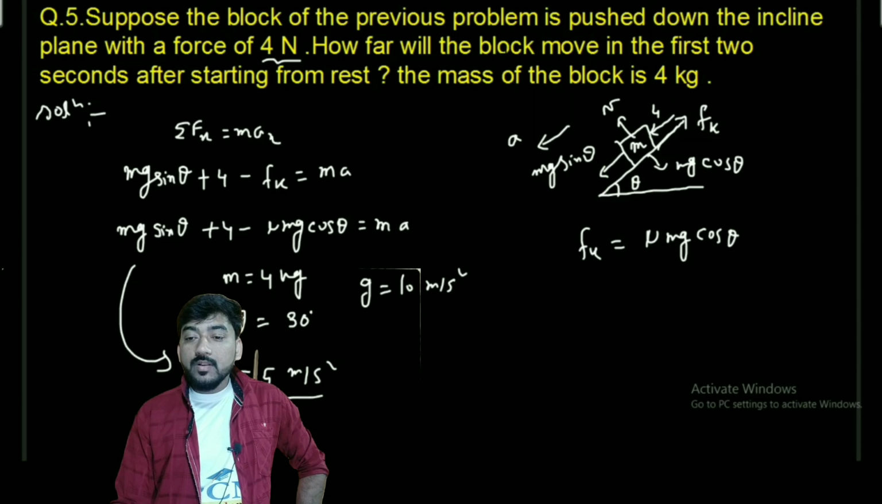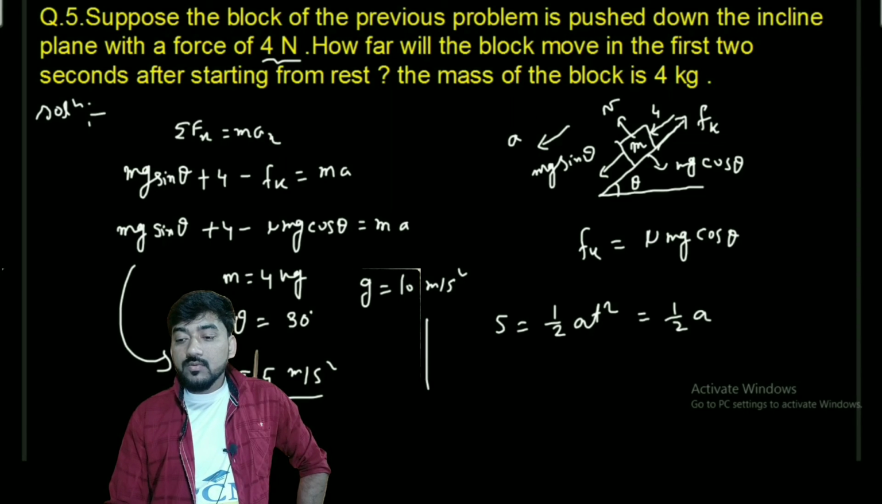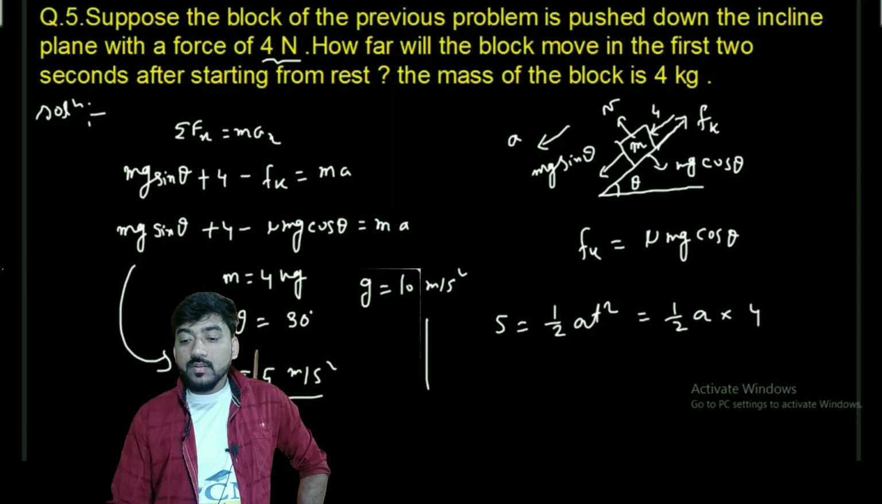So how far will the block move in the first 2 seconds? Now you again use s equals half a t squared. Here t is 2, so it will be half a into 4, so s is equal to 2a. If you put this value here, a, say 5 into 2, it will be